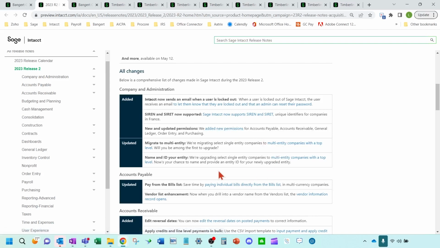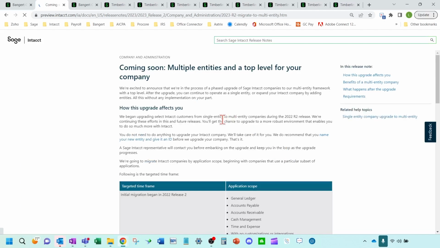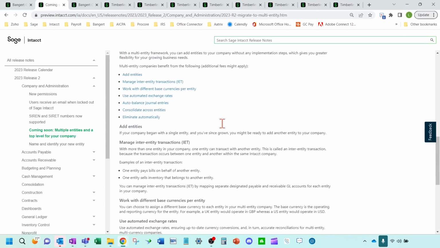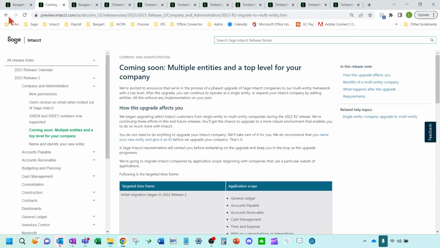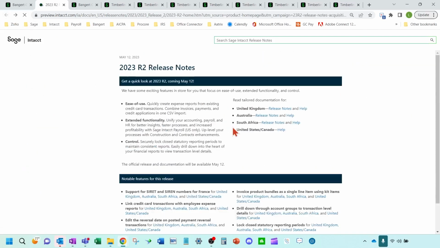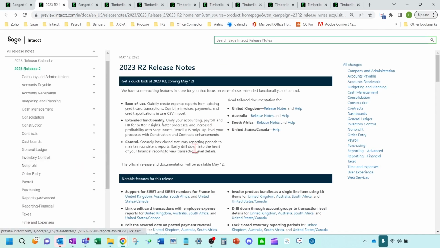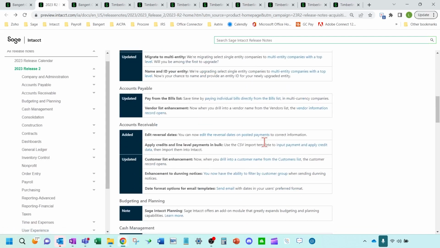Okay, so for example, if I click on this one here, it's going to bring up a separate, more detailed article. Okay, the release notes are very easy to understand and they step you through the changes, and they're written in layman's terms. So you'll definitely enjoy the release notes that they have put together.